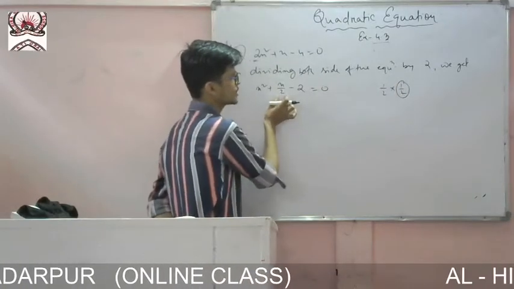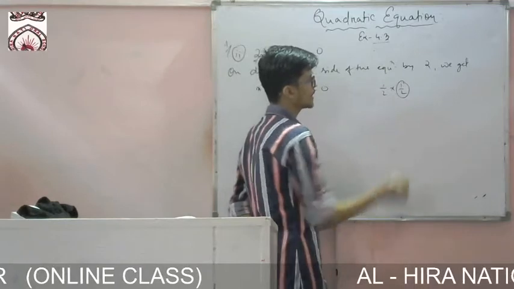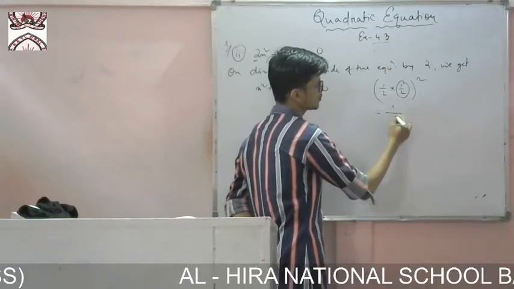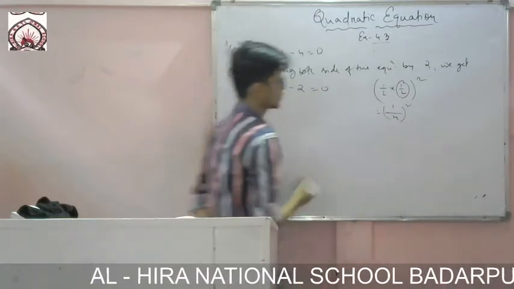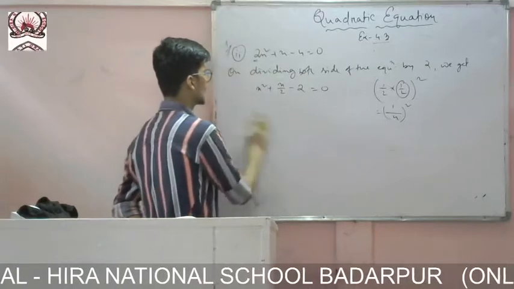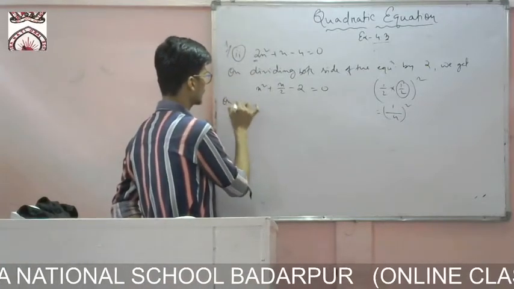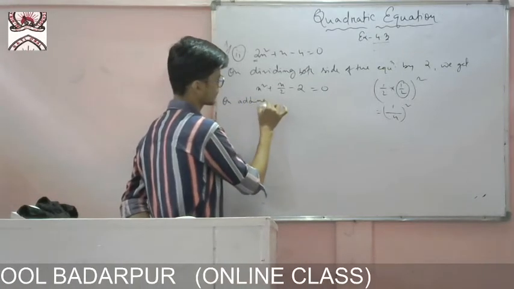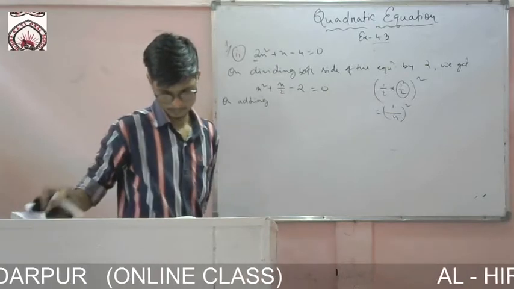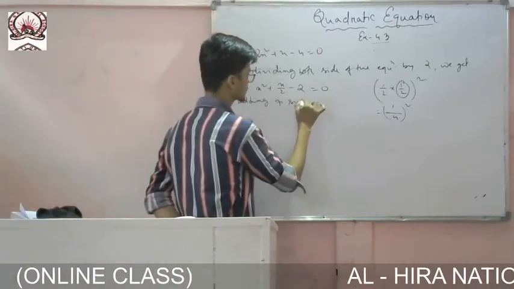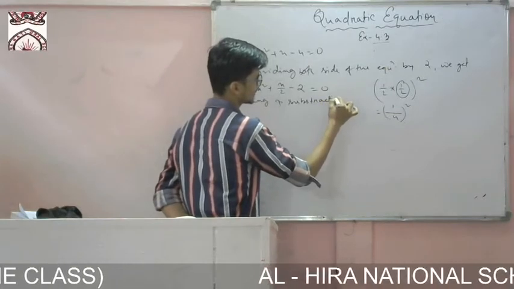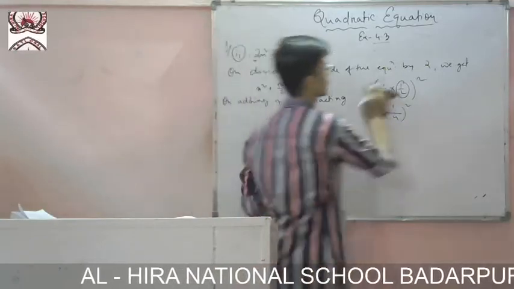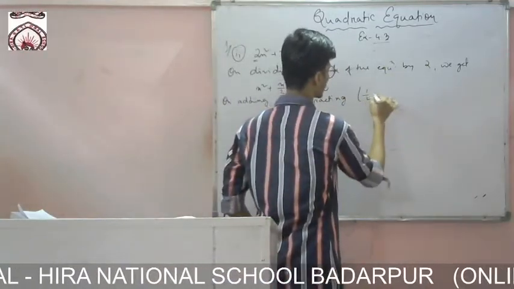So here the coefficient of x is half, and I have to multiply again with half and then square them. So it is coming 1 by 2, 2 twos are 4, so 1 by 4 square. So you write like this, on adding and subtracting what we are adding and subtracting: 1 by 4 square.